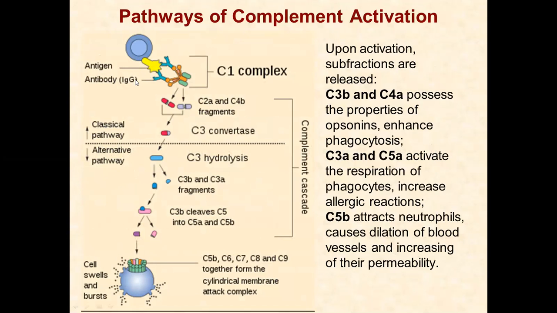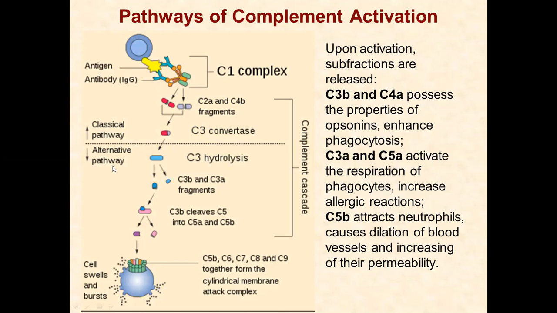The classical pathway is possible only in an immune organism when antibody is present, and it reacts with microbial antigen, and this antigen-antibody complex triggers the activation of the complement system. The first fraction, C1, attaches to it and undergoes splitting into two parts, and one of them is an enzyme which activates the next component, C2, then C4, C3, and the C3 component is a key point for